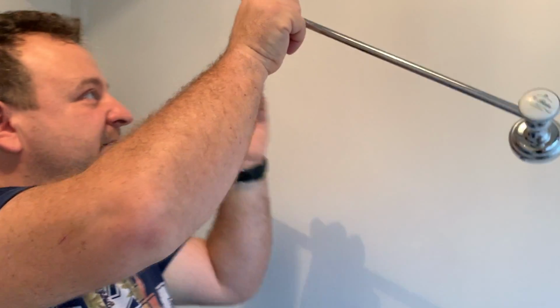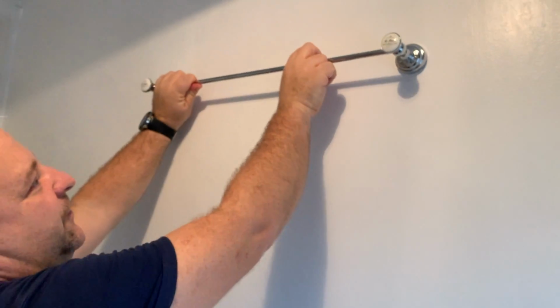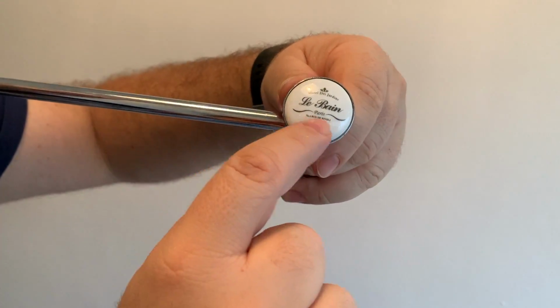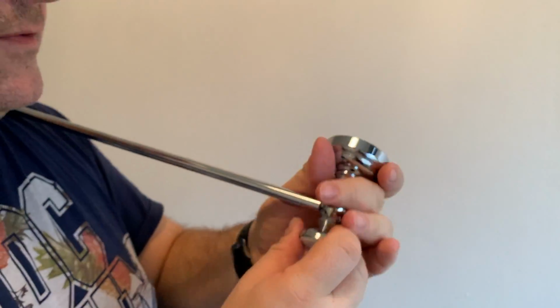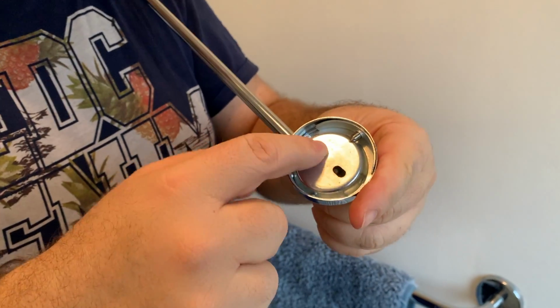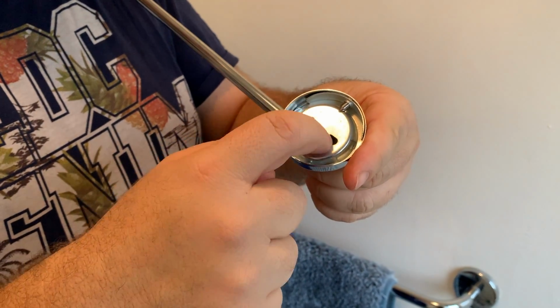Here is the towel bar, the dryer bar, what I'm gonna fix to the wall. I purchased it in Range. It was around £11, and the brand is, I'm not sure it's a brand, but it says Bain. Anyway, how it works. First of all, you need to remove the middle bit, because the screws will go in